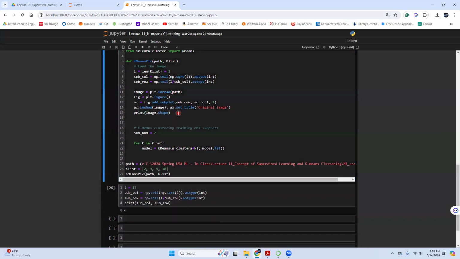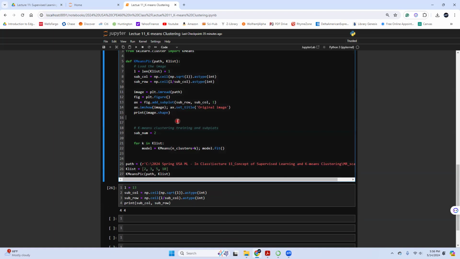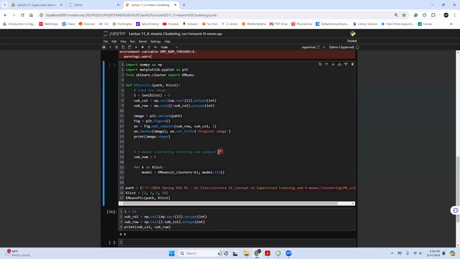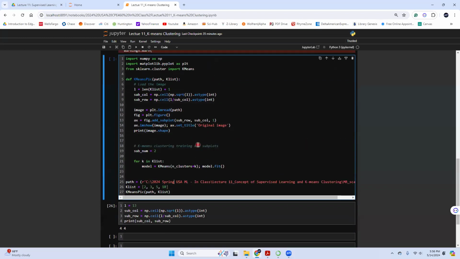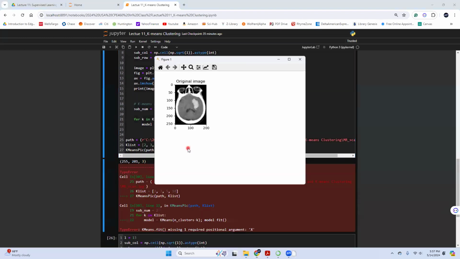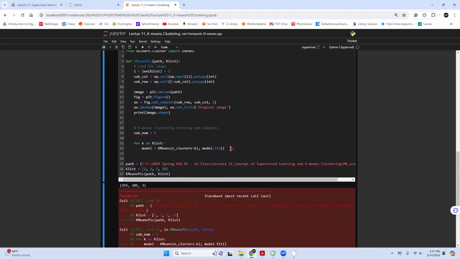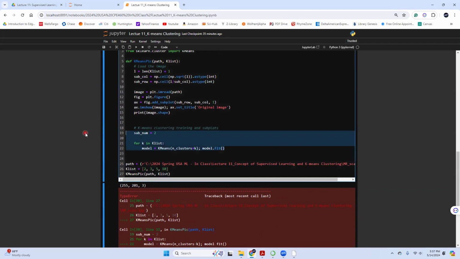What? It closed automatically. Image dot shape. How come 4x4? Oh no, 4x4 is the next one. No. Wait. Here now.